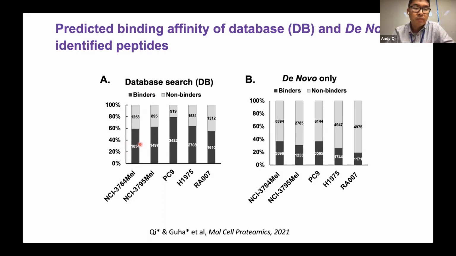So we were able to find 60 to 70% of the peptide in the database search, and compared to the de novo search, we have to admit that without a targeted decoy database, there's no FDR control. So we are able to find about 30 to 40% of the peptides actually predicted to be a binder. So it's reasonably high compared to